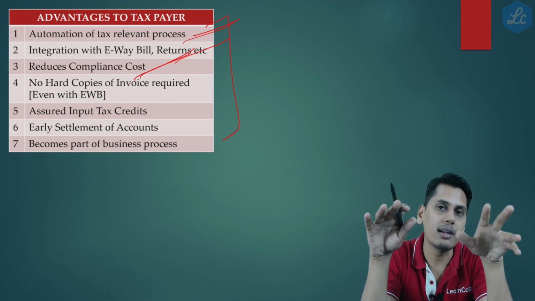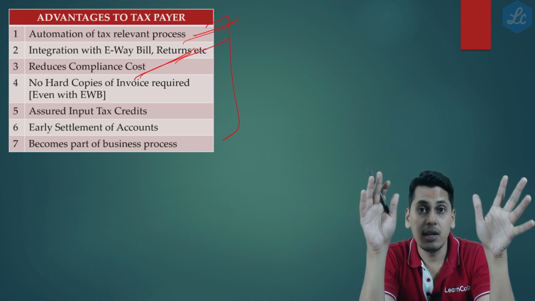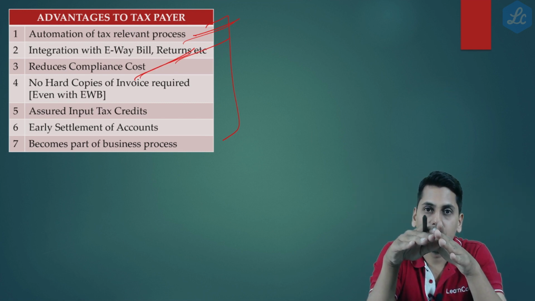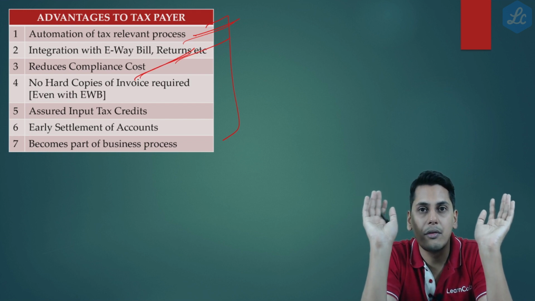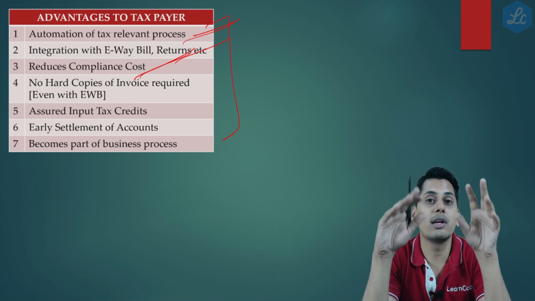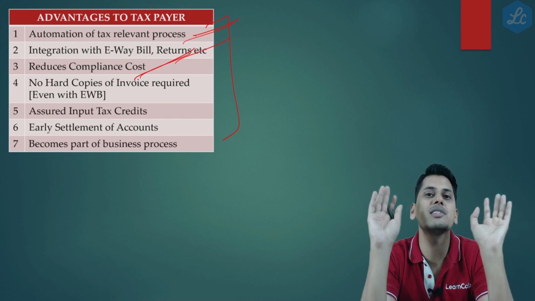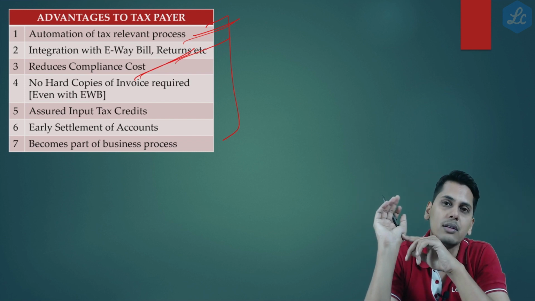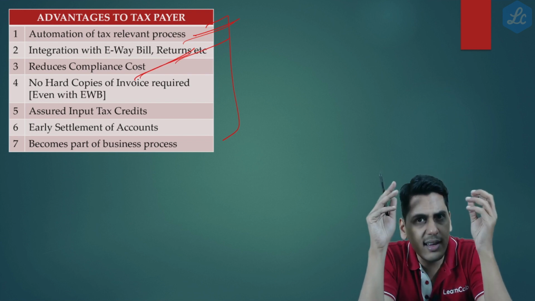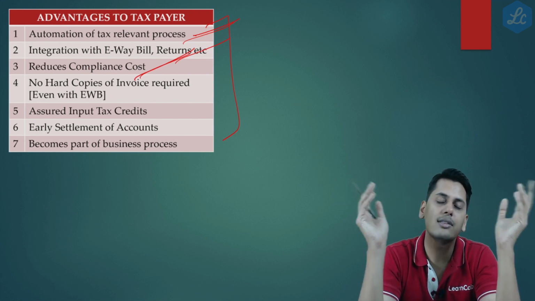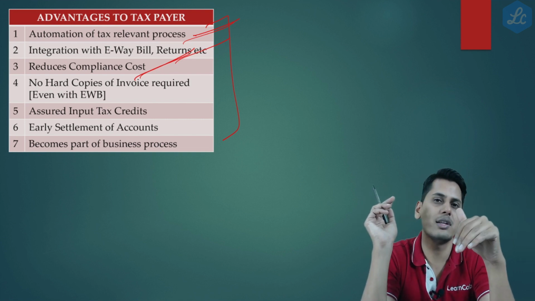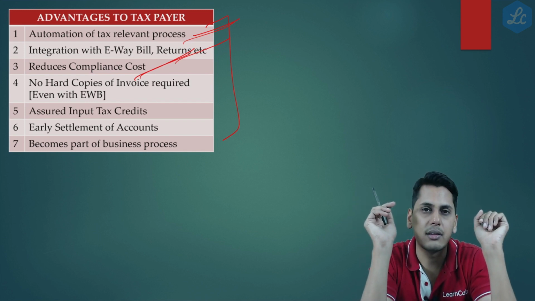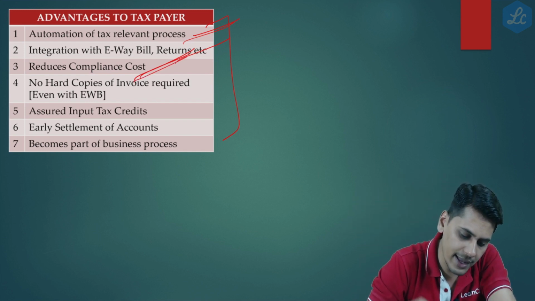The government has started with people who have huge turnover just to experiment. Slowly this turnover threshold is going to shrink, and that day would not be far when all registered persons would be required to generate an e-invoice for all the supplies made by them, let it be B2B, let it be B2C. So friends, what would happen? Do you need to file anything extra in your GSTR 1? The answer is no. You report, obtain the invoice reference number for all the invoices issued by you, and your GSTR 1 is automatically prepared. So this would reduce the compliance cost.